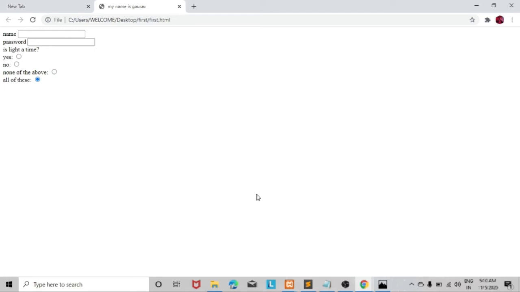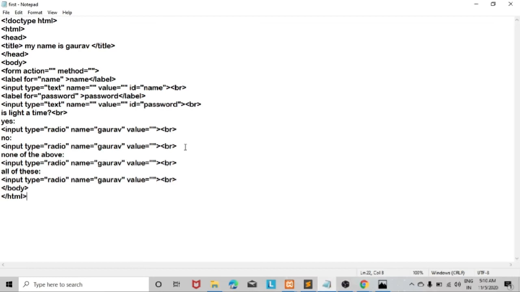Now many of you have given the JEE exam, and if you have qualified, you have to appear in the advanced part. In the advanced part you will see that there are questions where more than one option can be selected. How to create that using HTML? That is also very easy. In that radio part you just have to write checkbox. Now just change radio to checkbox and see the magic.